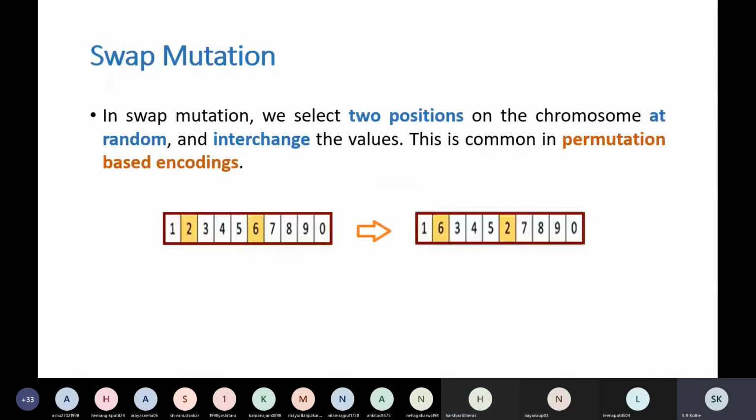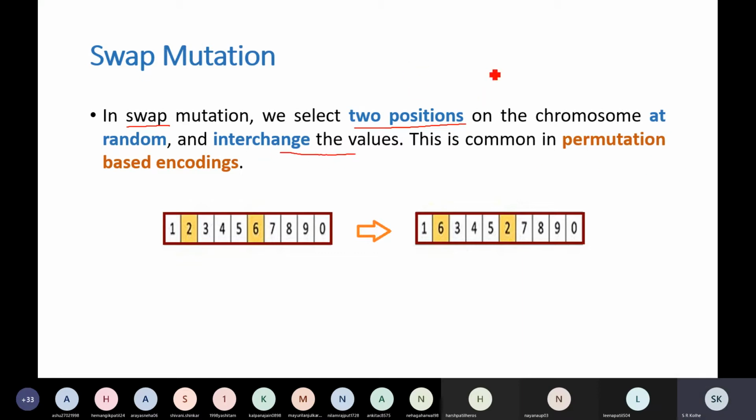Okay, then we have another technique called swap mutation. In swap mutation, as its name suggests, we are going to swap, or interchange. That means we will select two positions on the chromosome at random and interchange their values.